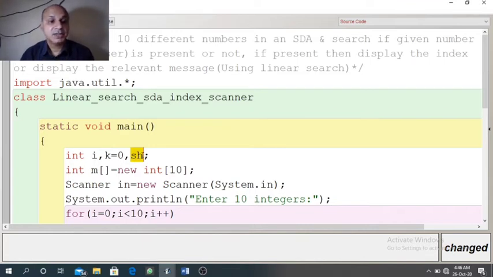For processing we need two more variables. As you know, in all the array based programs, a loop is required to extract the index of every element of the array. So i is the loop variable. One more variable here, k is declared. k indicates whether a given element is present in the array or not. So how will the computer come to know that it is present and how will it come to know it is not present?